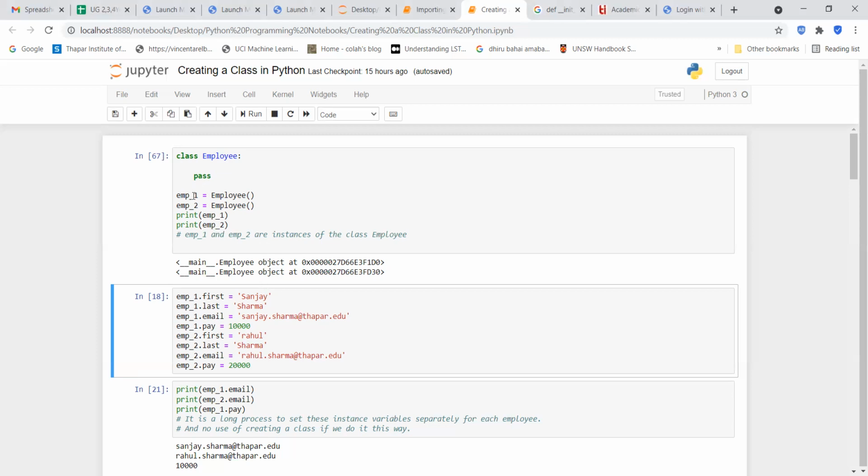So I am now, this is employee one, emp_1. This is known as an instance, right? This is an instance of the class employee. So how to create an instance of the class employee? emp_1 equal to employee, and these brackets will come here. All right. This will actually create an instance